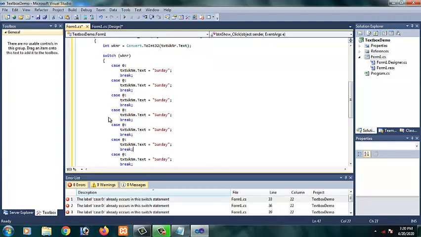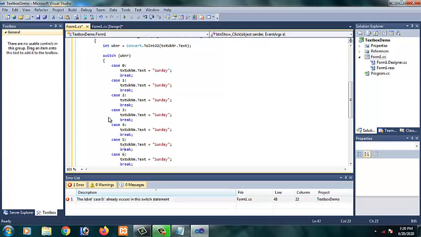Okay, now let's change the numbers. First is 0, then 1, 2, 3, 4, 5, and then 6.